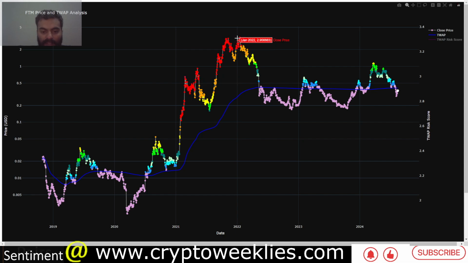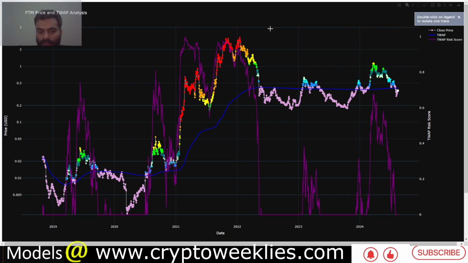And whenever the market gets too heated, that's when the color codes shift from this purple, which is the lowest risk, to this red where the risks are higher. If you toggle to this risk metric, they exceed, at that point in time, above 0.9 to about 1 risk. So from that level, the highest Fantom's risk went in March of 2024 was